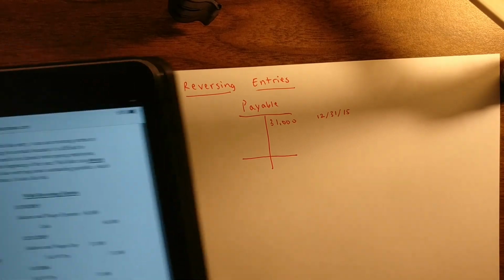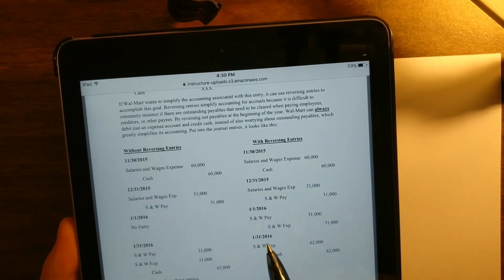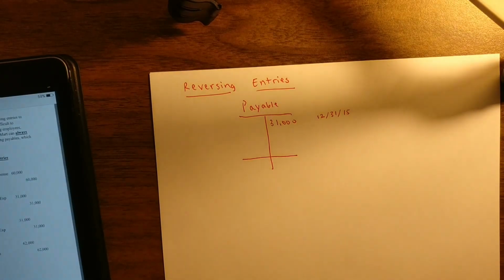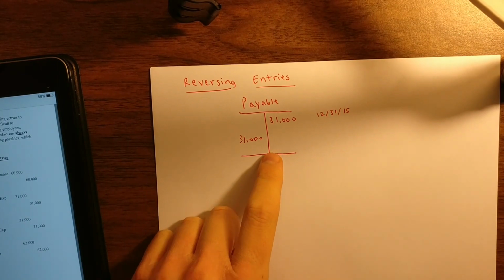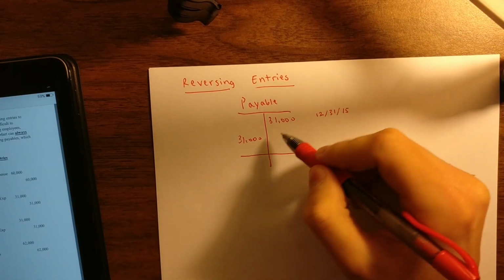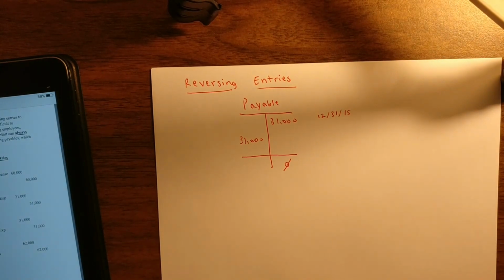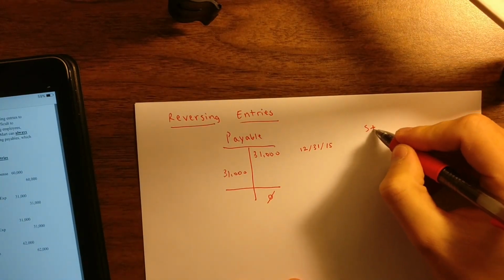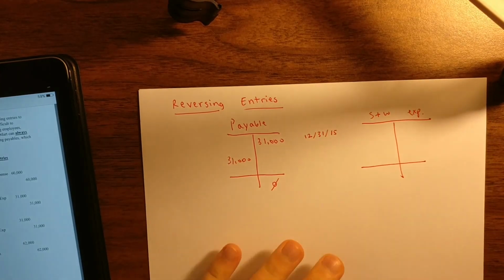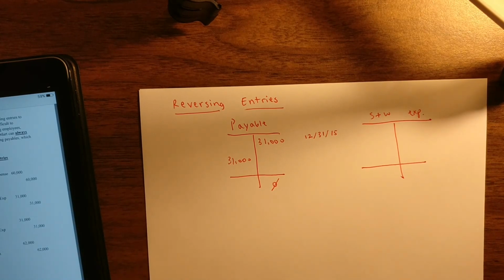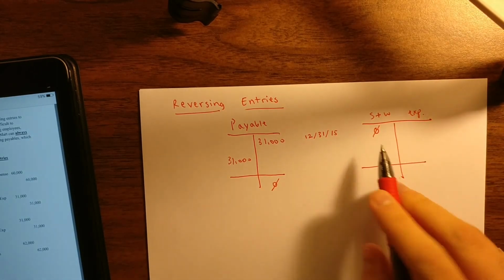As you can see from the journal entry on 1/1, it debits salaries and wages payable for $31,000. So now we have a zero balance in salaries and wages payable; we've taken off the payable. Then we have the salaries and wages expense. Because we close all income accounts, meaning revenues, expenses, gains, losses, anything on the income statement, to retained earnings at the end of the year, we start off with a zero balance as of